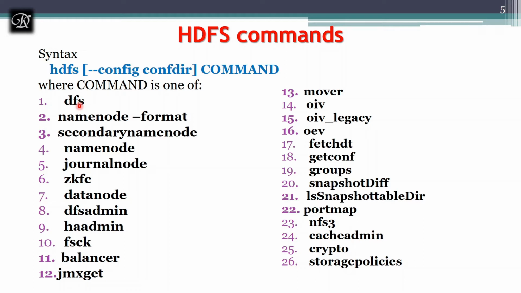This is going to run the DFS secondary name node. Whenever you are going to use the secondary name node, if the primary name node has failed, then you are going to make use of this to run the secondary name node. Next is the name node. It runs the DFS name node. Next, these are the things which we have seen in the previous discussion.